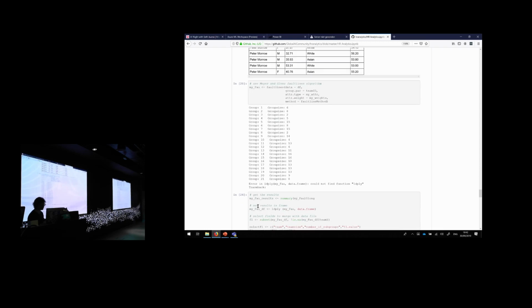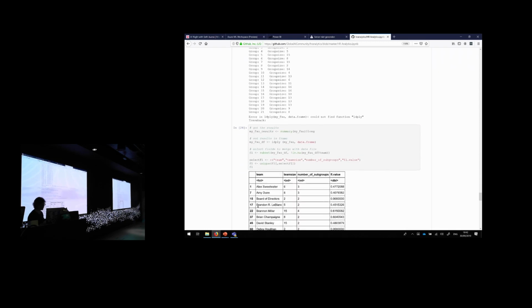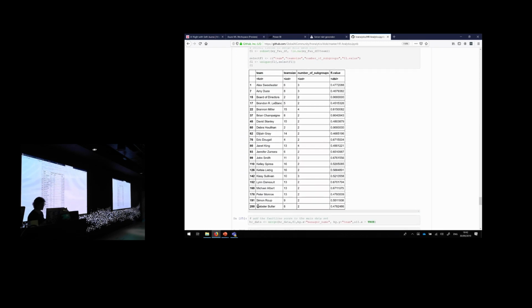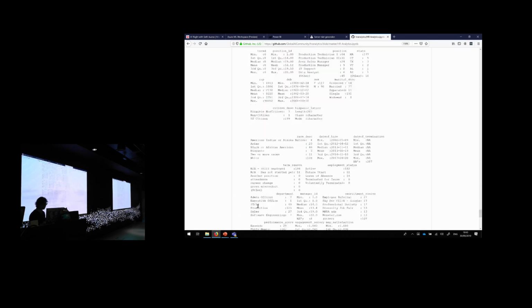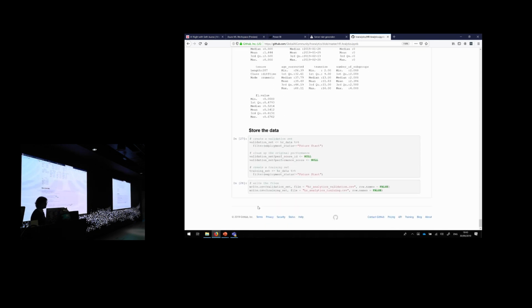We create what's called a fault line score. We calculate the fault line score for every team. So what's the risk that they could split out into several teams? And we see, for example, one manager only has 2 people. Well, then you cannot do the calculation. Then you're just 2 individuals and you're not a group anymore. And we add everything, and we store our data.